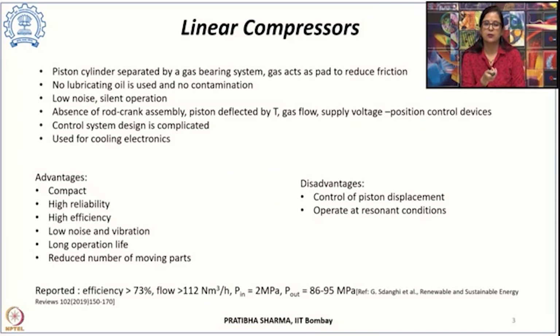So there needs to be a control design, a system design that has to be incorporated, and that will further increase the complexity. These types of compressors are used basically for cooling various electronic circuitry. So these linear compressors have advantages. They are quite compact, they are reliable, they have high efficiency, and they produce low noise and low vibrations. At the same time, they have a long operation life, they have a reduced number of moving parts,